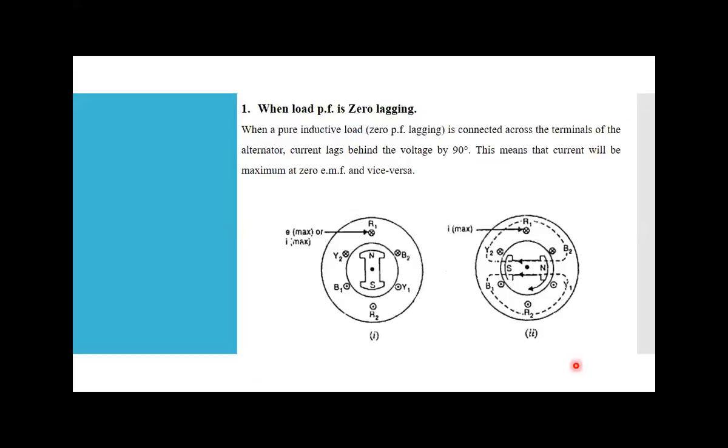Now the next one is, let's say my power factor is zero lagging. What does that mean? Suppose now my load is inductive in nature. Okay, so when it is lagging, we always have to assume the load is inductive in nature, and for leading, it will be capacitive. So you can see here,